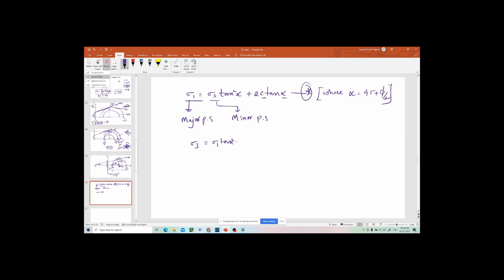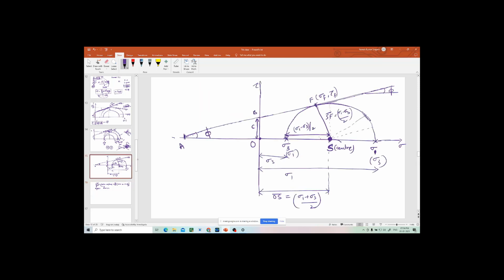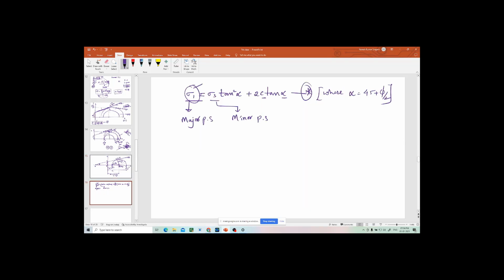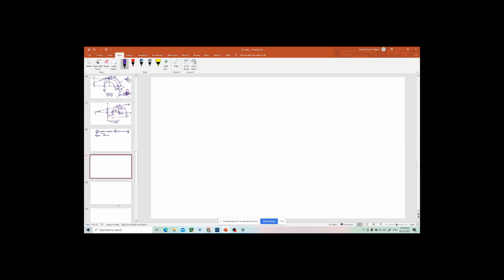Why I am saying this, see, here on the left hand side major principal stress will be there always, and on the right hand side this first term will be minor principal stress. So you can see from this diagram. Now, if you remember this, now I'll go to the point where active, passive, and